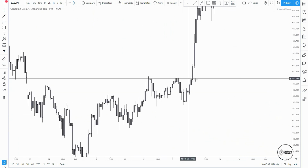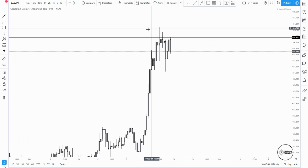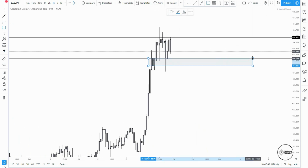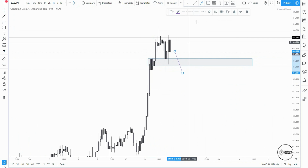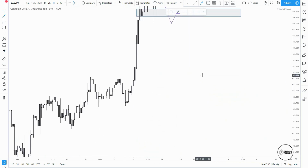As I told you, pretty similar to USD JPY. Massive push to the upside. Price is starting to wick to consolidate right here. If I'm just to mark a key area on this market, it will be this one where price pushed, pullback, push, rejection, rejection. So if I have a break and if I have a quick retest here, just a wick to the upside, then I will be going down,